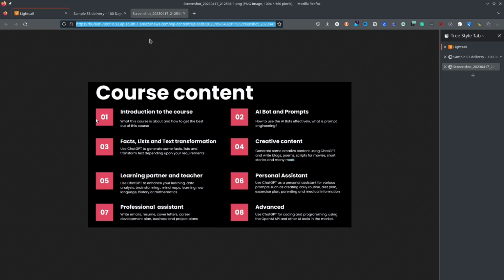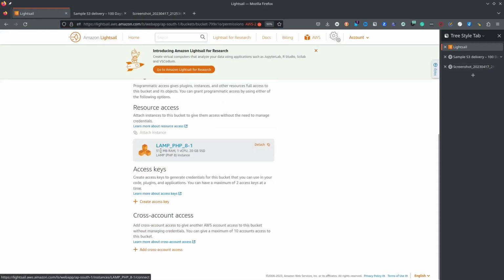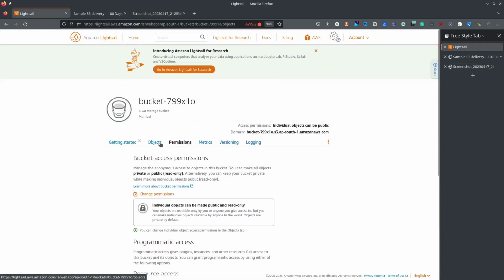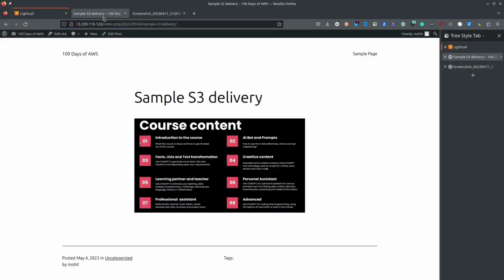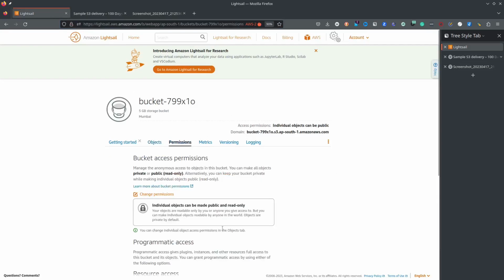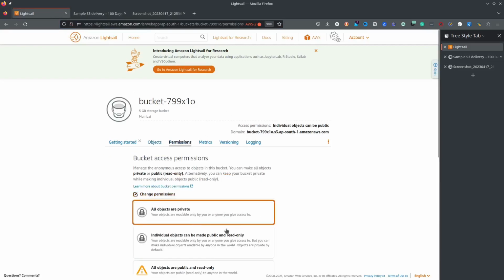It is being served from the S3 bucket. If we go inside our S3 bucket, we see we have the wp-content folder, uploads, and then you have the version and you have the screenshot. All right, sounds good. Now let me change the permission, and I will change it to all objects are private